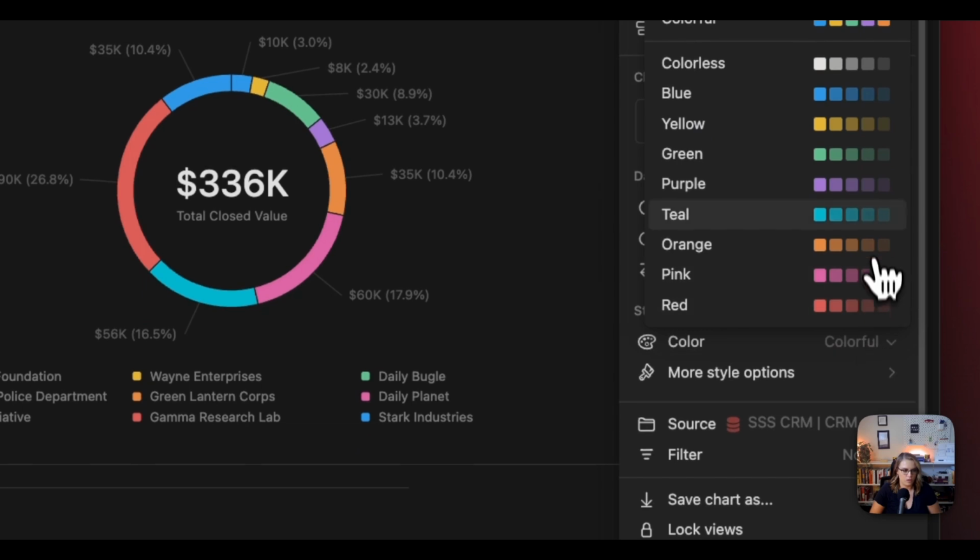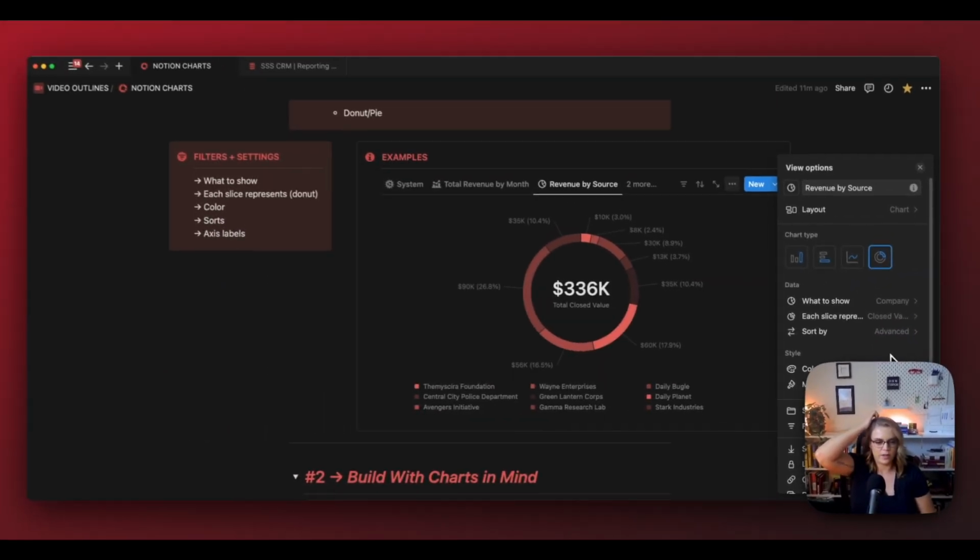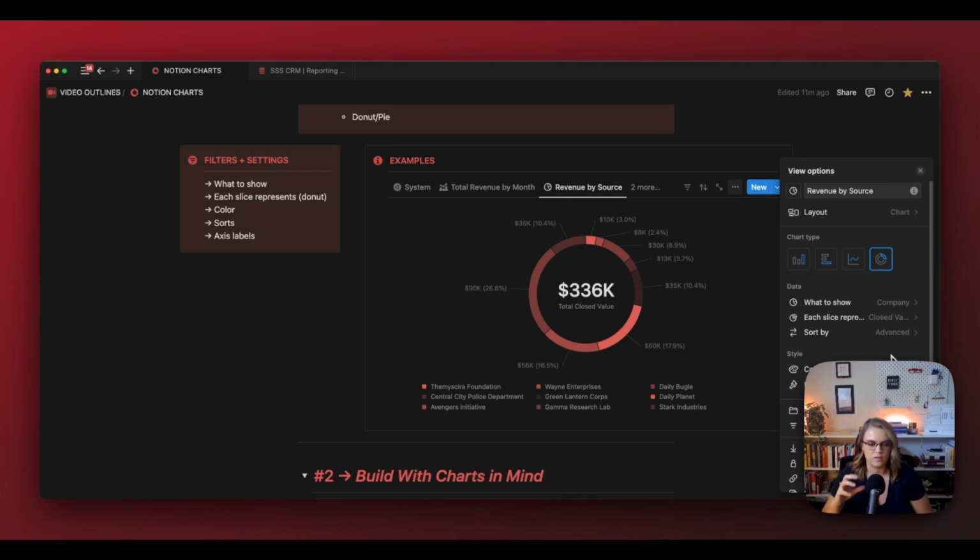But yeah, we can make it colorful, or we can make it all red, which, like, this is nice. I do like this a little bit better than the bar chart, and I've seen examples of this in data visualization. But again, because there's so few colors here and because we have multiple different companies, it just looks very confusing to me. It looks sleek and sexy in the way that it lines up with all of